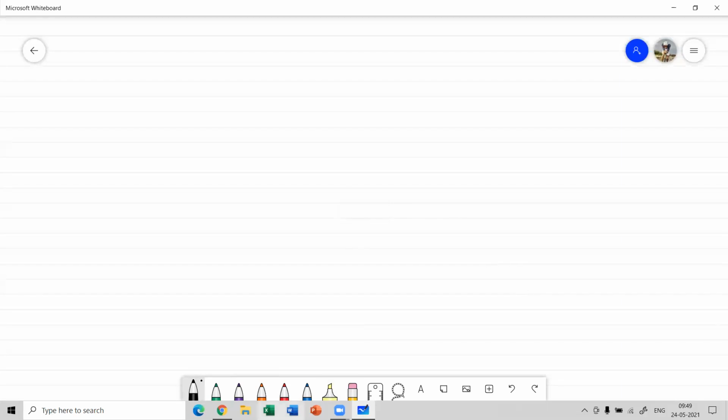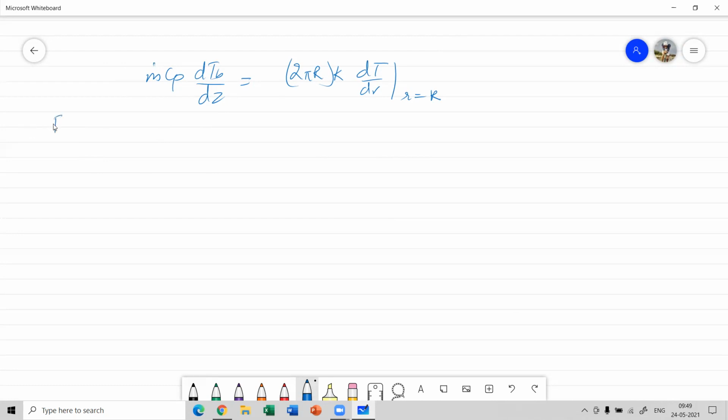Now we have already developed an expression which is m dot Cp dTb by dz is equal to 2 pi r into k into dT by dr at r equal to R. So you can refer to this expression which we have already determined in the previous lecture. Now for constant heat flux conditions,